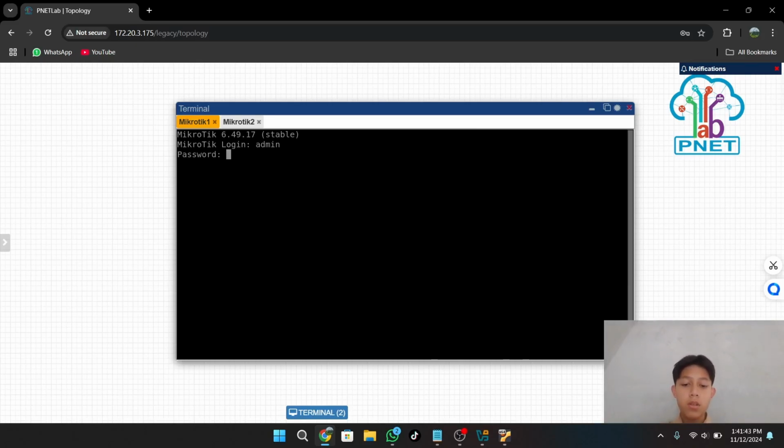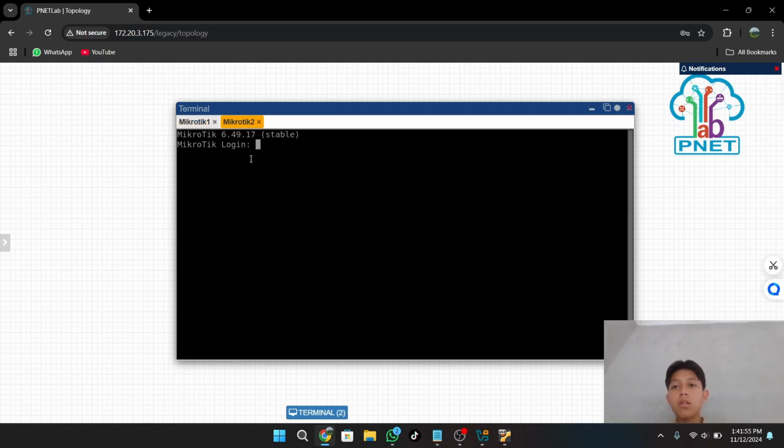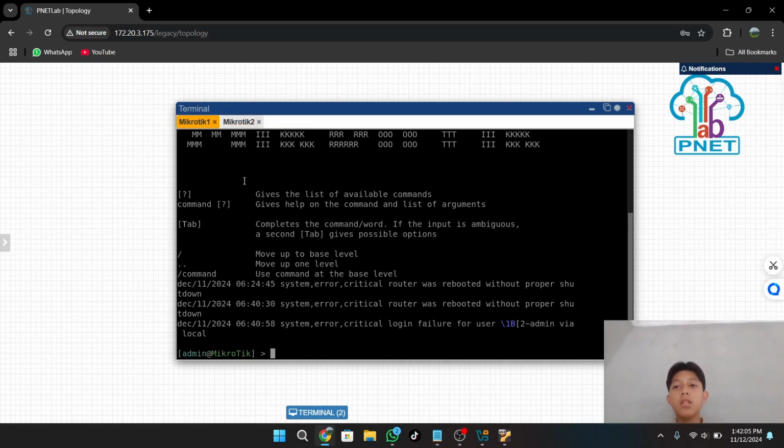My user is admin, and the password is just enter. And if done, do the same at MikroTik 2, and then you can configure the IP for MikroTik 1 and MikroTik 2.